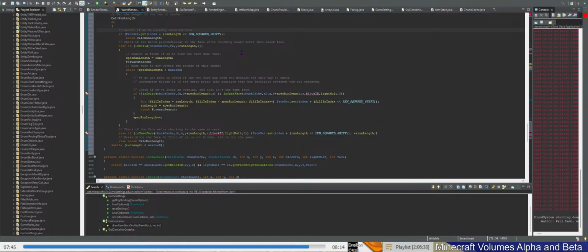That's very rare by comparison to all the other checks it will have to do if it's not immediately successful. So